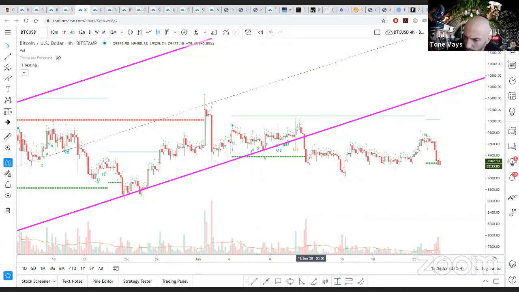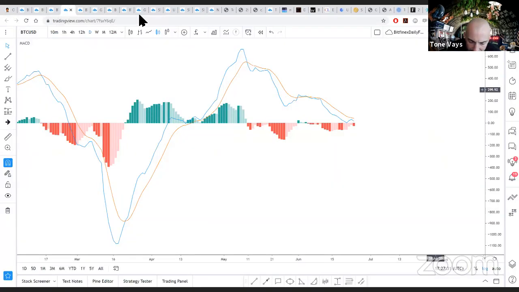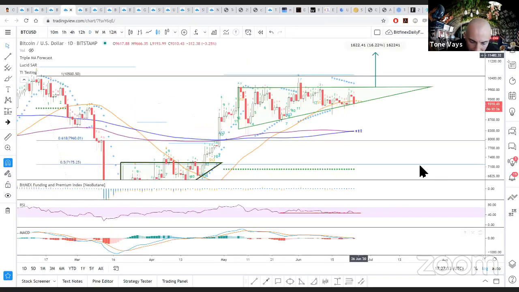Next question. Tone, do you see a descending triangle on Bitcoin daily? I don't. I still see an ascending triangle, but I will double check. I can't see a descending triangle because I am still fudging with my ascending triangle. So I do not see a descending triangle on a Bitcoin daily yet. Not really. Nope, I still see an ascending triangle, but we'll see what happens soon.